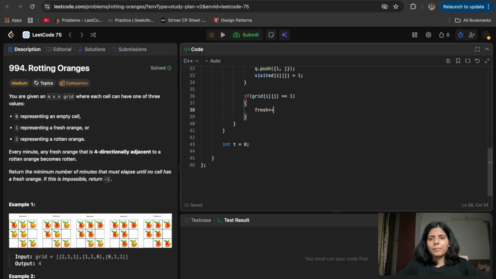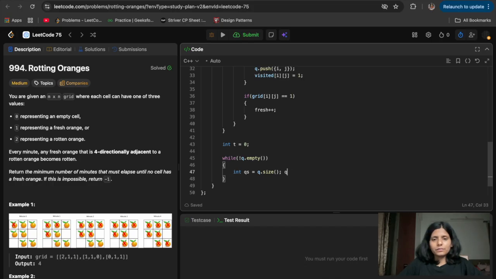Okay, then I will do BFS while the queue isn't empty. Inside that, we'll take a layer size, which basically means how many rotten oranges I have at that particular time. So qs is equal to q dot size.